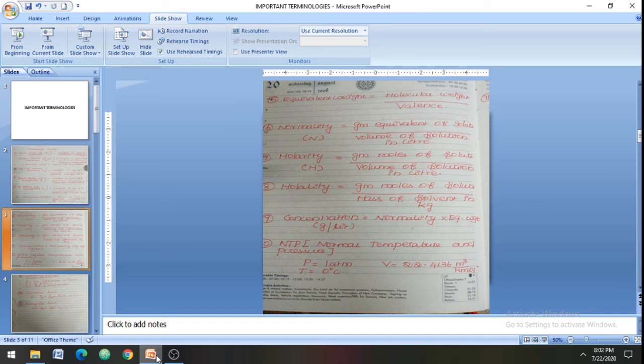You notice that, all of you are very familiar. Volume unit is meter cube. But here I will mention 22.4136 meter cube per kilomole. This is not the volume, this is molar volume. Unit is meter cube per kilomole. Volume unit is meter cube, but here this is molar volume. NTP is nothing but normal temperature and pressure.